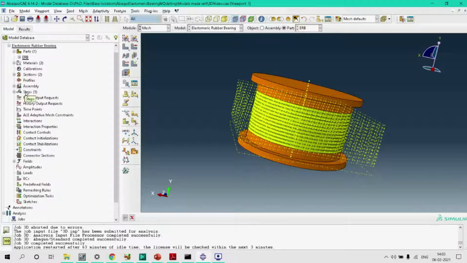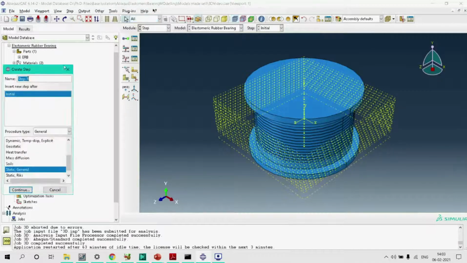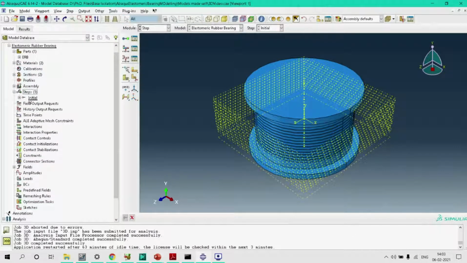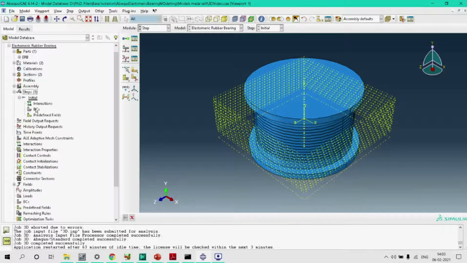So let's give steps for the simulation in our model. Double click on steps. By default the first step is named initial step, and in the initial step let's give boundary conditions to our model.